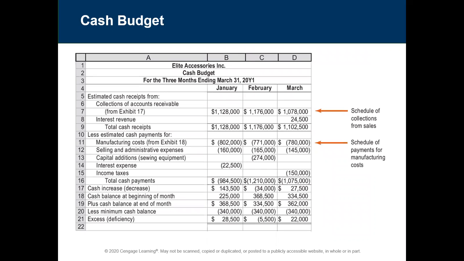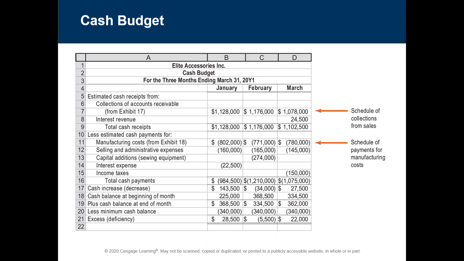So then your cash budget is going to have your collections from accounts receivable. Then there's additional cash that comes in that's not part of operations. These are your total cash receipts. Then your manufacturing costs and your selling and administrative expenses, which were on our selling and administrative expense budget. Capital additions would have to be given to us as separate information. Interest expense and income taxes, again, given to us separately. Total cash payments. Then for each month, we'll have either a cash increase or a cash decrease,